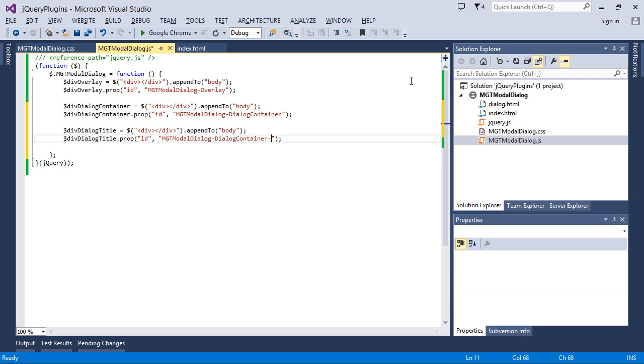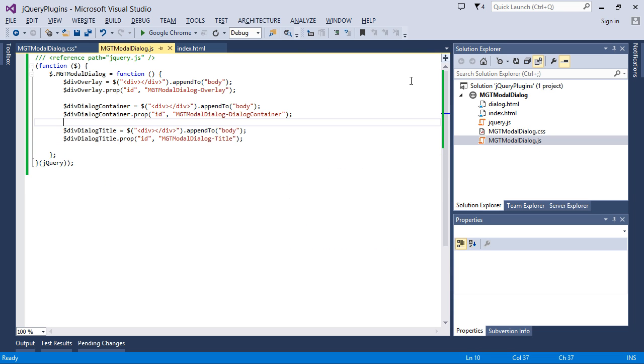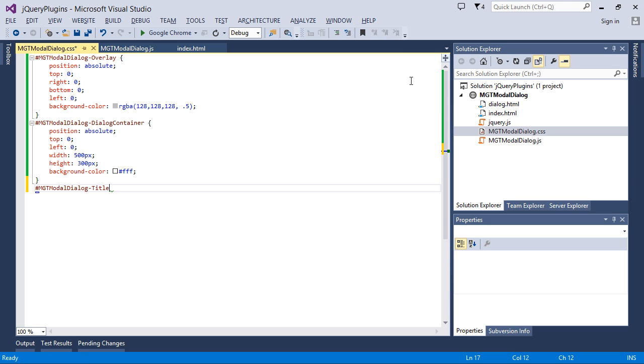and dialog title, and create a style for it. But this time this title, we need to add it to the container rather than to the body. So here we did, and